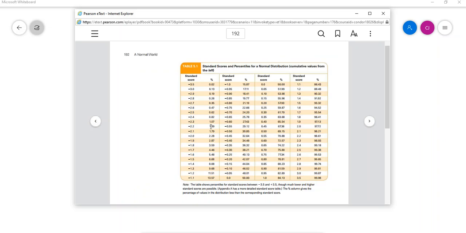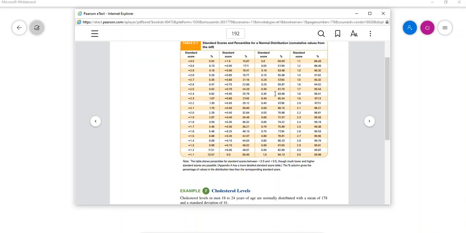And another way to do that too is we could just look at this table. Here's a z-score table. So we were kind of guessing about, well, here's a table we could have gone and looked at right away. So this says standard score in percentiles for a normal distribution, cumulative values from the left. So it's coming from the left, and we were at roughly about -1. This table is abbreviated. We were around -1.1 here. So this is a little off from what we got. This is saying 13%. Because we need, it was -0.9. So